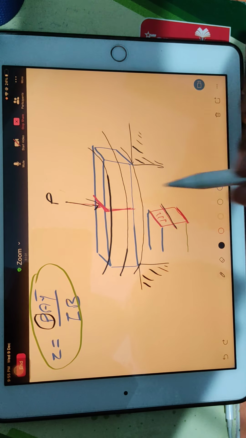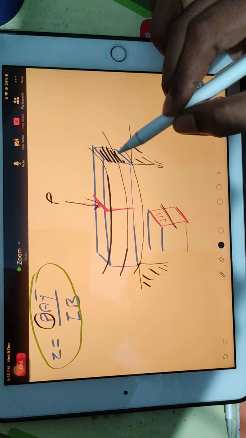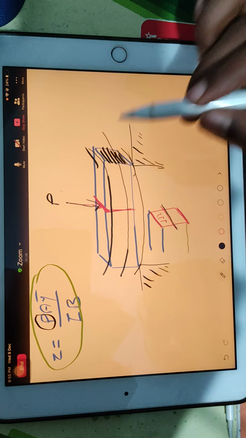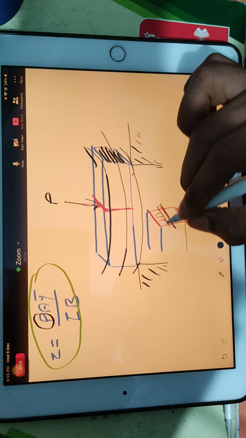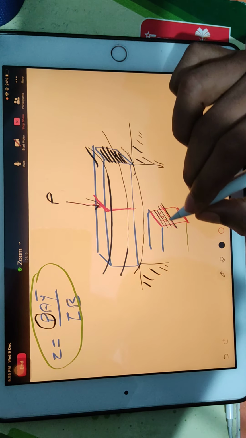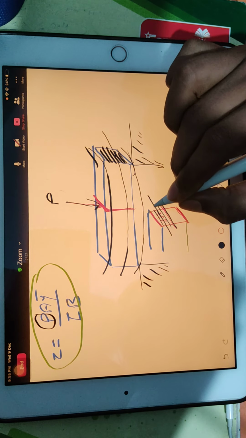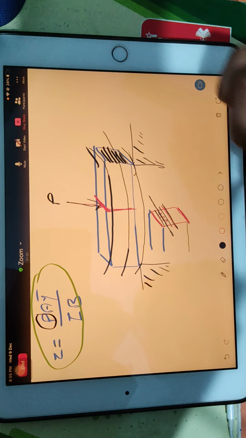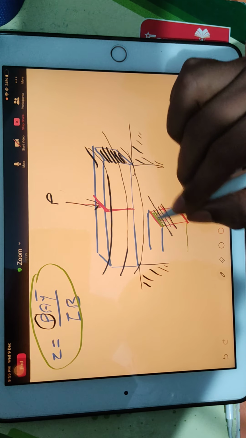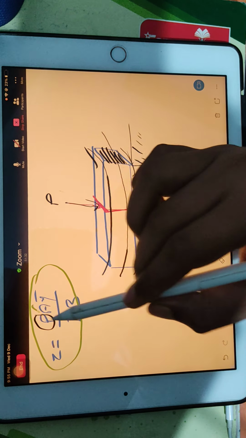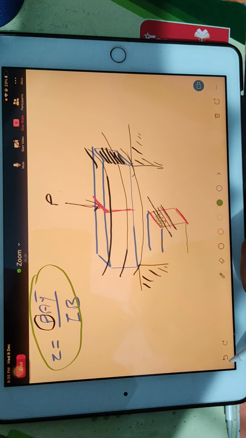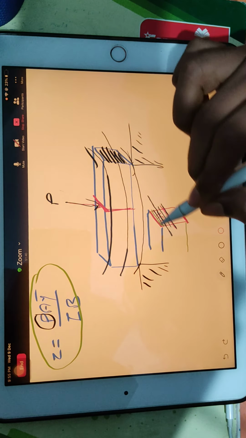So main thing is, in different layers, shear stress will develop. At the top layer, shear stress will be zero. At the bottom layer also, shear stress will be zero. But at any other layer, you will be having shear stress. So suppose you want to find out shear stress for this layer. So area above that layer, you have to calculate. That area is this area. Earlier I said the entire area is that area. No, that is wrong. Exactly the area over that black line is your area, means this much total area.